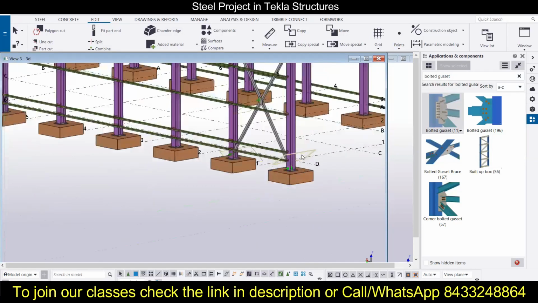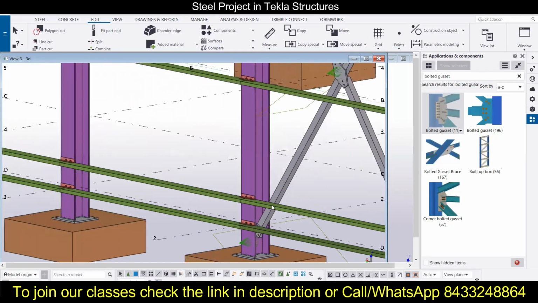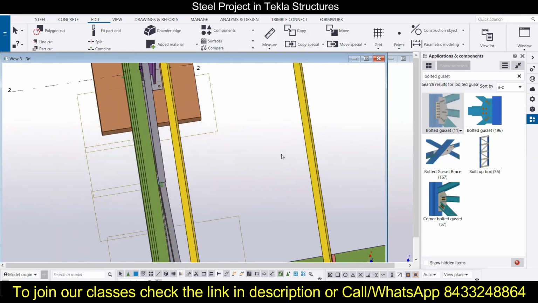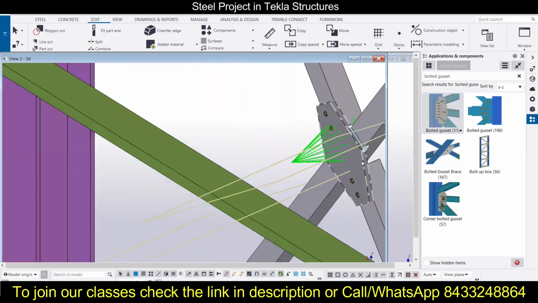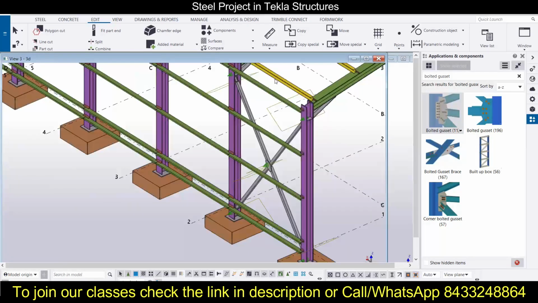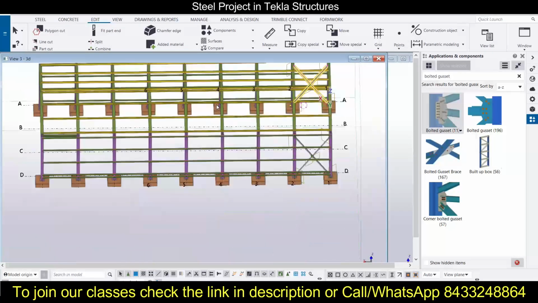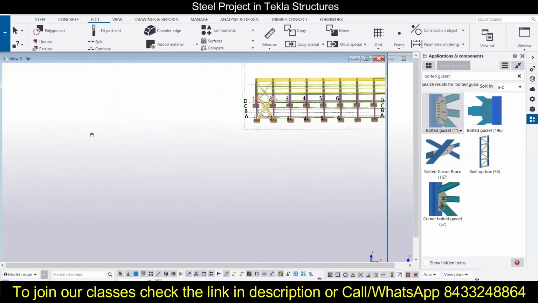Now we will check whether it is coming up with the connections or not. You can see the connections are also visible at all the places. Now we have to copy it to the next end.